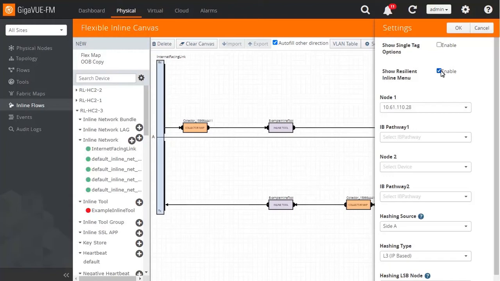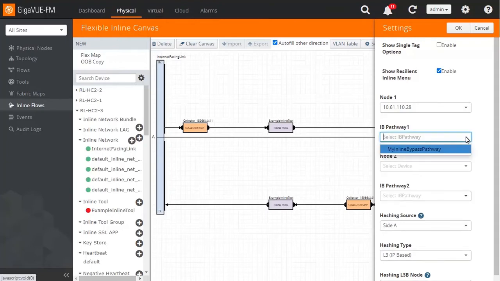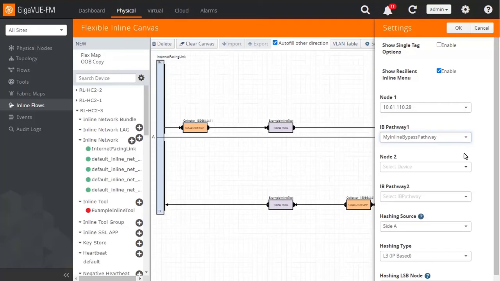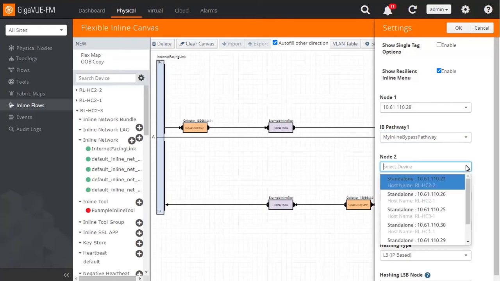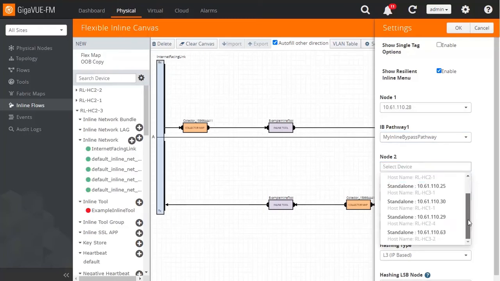GigaVUE-FM will make additional configurations in the background to support this at the time the Canvas configuration is deployed. The Node 1 configuration field is pre-configured with the appliance which was highlighted when Show Resilient Inline Menu was opened. Use the drop-down list to select the available inline bypass pathway configured on Node 1. Also, use the drop-down lists to select an appliance for Node 2 and the available inline bypass pathway configured on